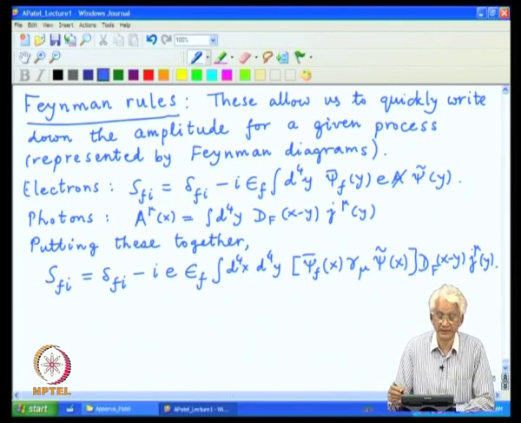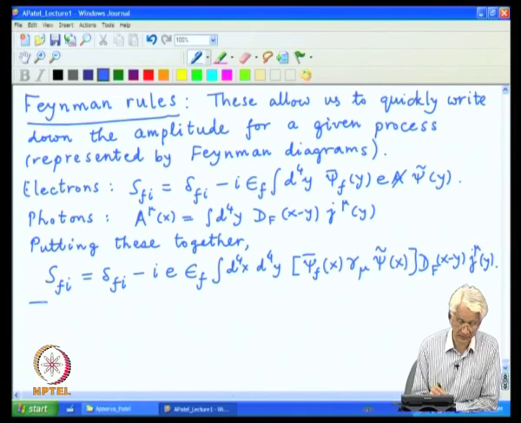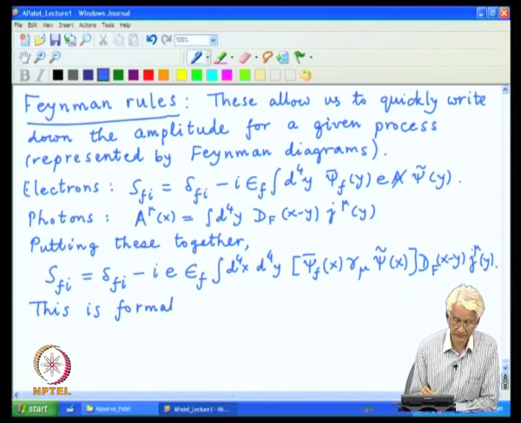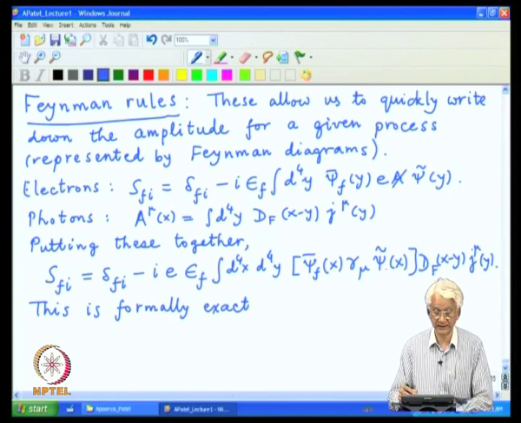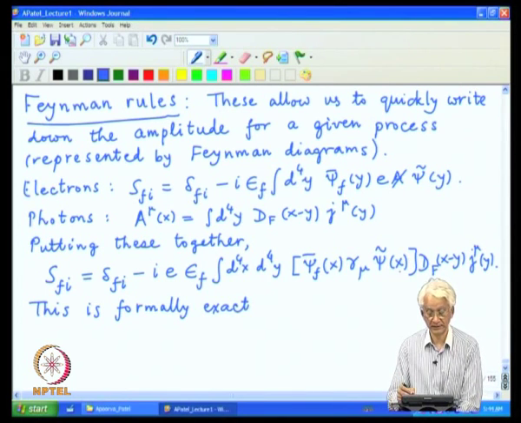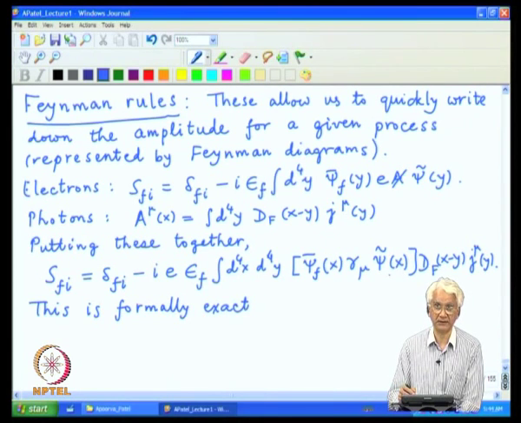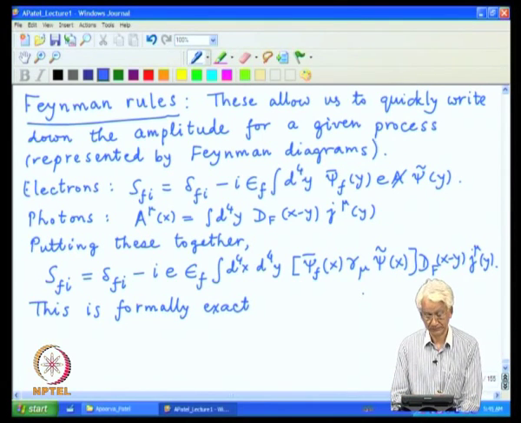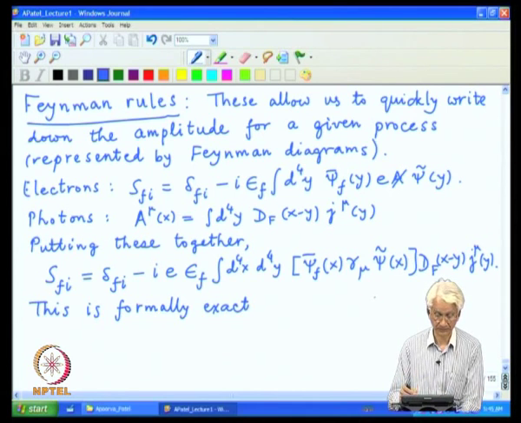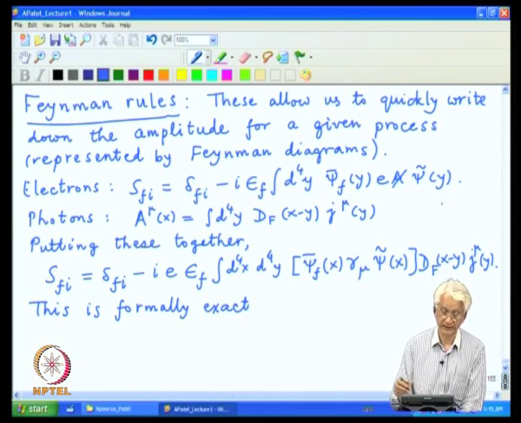This equation, as I have written, is formally exact because what appears on the right hand side is psi tilde, which is the exact solution of the Green's problem. When trying to use perturbation theory, we start out with the simplest answer where psi tilde is replaced by the initial plane wave distribution. You get the result from this equation, then iterate it. Next time you put in the answer inside it, which was found at the first order.